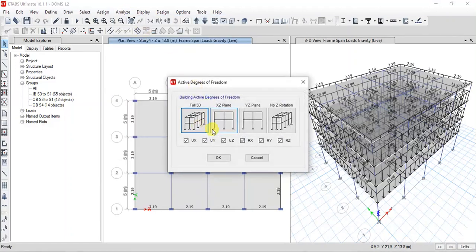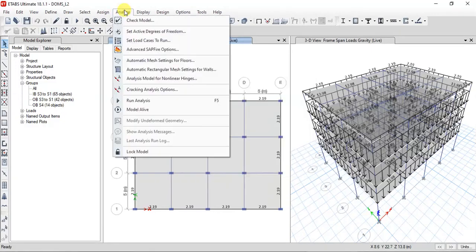If you want to set the degrees of freedom, normally we will be doing full 3D analysis. If you are doing only 2D analysis for a particular frame, then you can do that also. But when you are doing multi-story design, we should always prefer full 3D analysis.